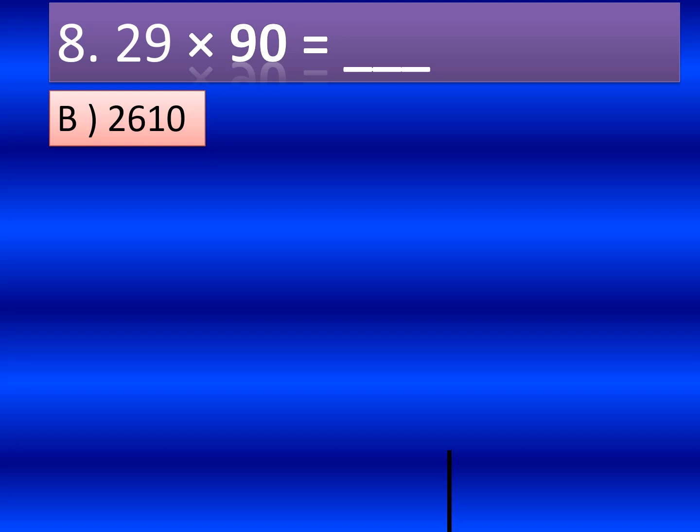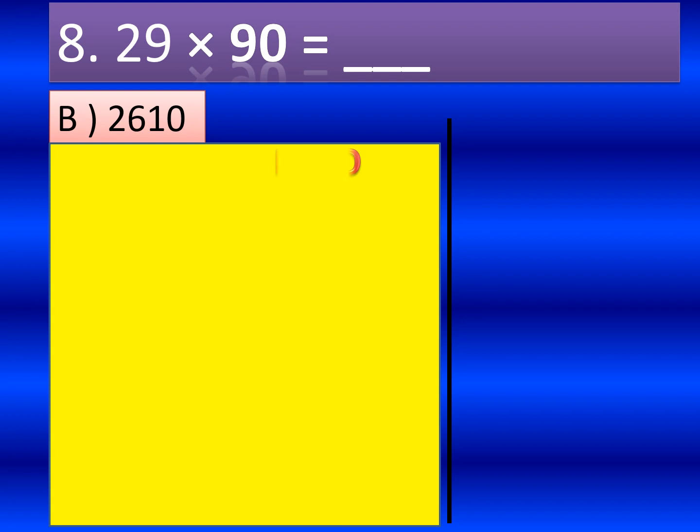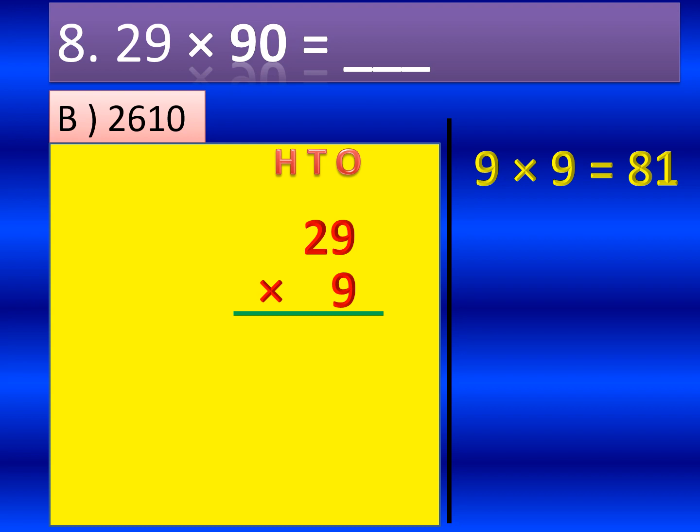Let's see how. Let's write the places. First HTO. Next the first number 29. Next let me consider number 9 from the second number. The ones place 0 will be included in the final product, final answer. Let's start the multiplication from the ones place. Now 9 9s are 81. From this, 1 is to be written in the ones place. The remaining 8 is to be considered as a carryover, which is to be written in the tens place.